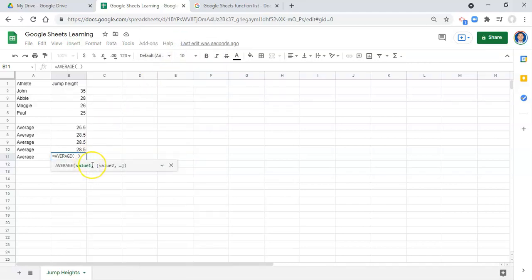And now the function is set up for us to select the values that we want to get the average for. And notice Google Sheets is telling us that the average of those values is identical to the ones that we've already calculated, aside from our first one, which wasn't an accurate average calculation that accommodated for changing data. But one thing that I want to point out here